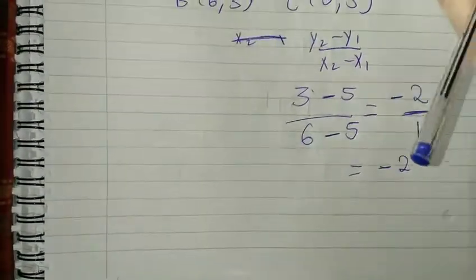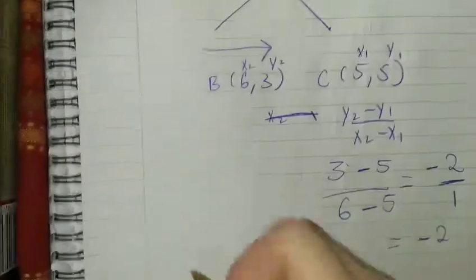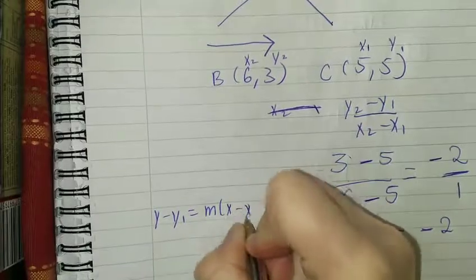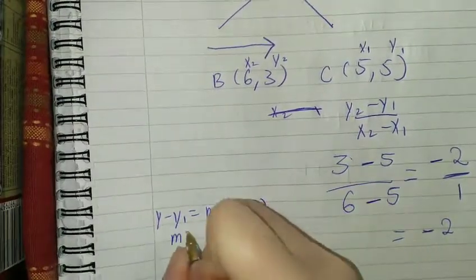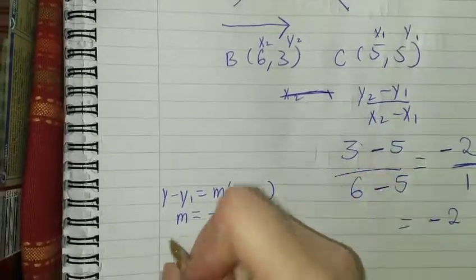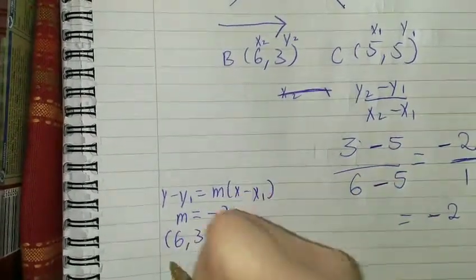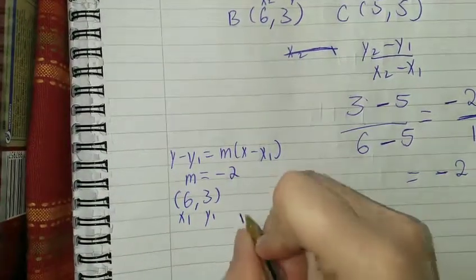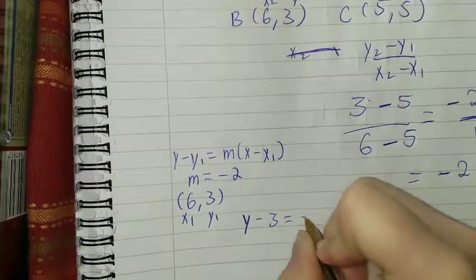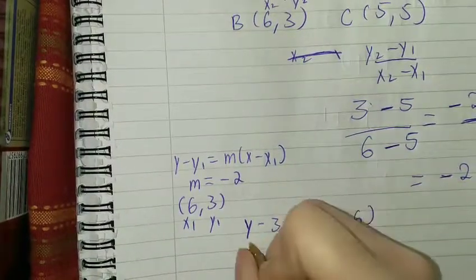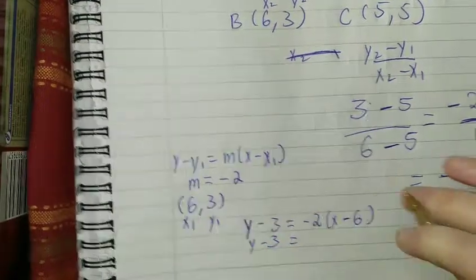So now we have our slope, and we just need to use one of our points. So to use this, we need a slope and a point. So I'll write it down here: y minus y1 equals m(x minus x1). So our slope m is minus 2, and we can pick either one of our points as our x1, y1. So say if we go with B, (6, 3), this will be our x1, y1. So if we plug that in, it'll be y minus 3 is equal to minus 2 times (x minus 6), and then that's going to be y minus 3 is equal to